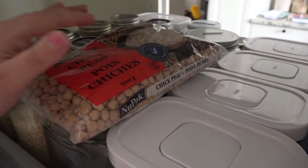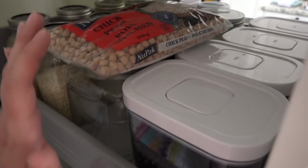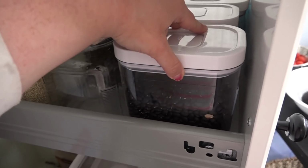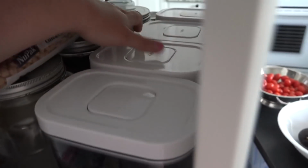And some other chickpea things, hummus. So I'm not putting these into a container because I'm going to use them this week. But in these OXO containers, I got these actually at a liquidation store. We've got black beans, and then this one has